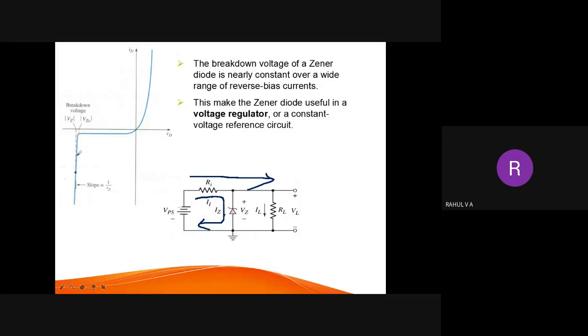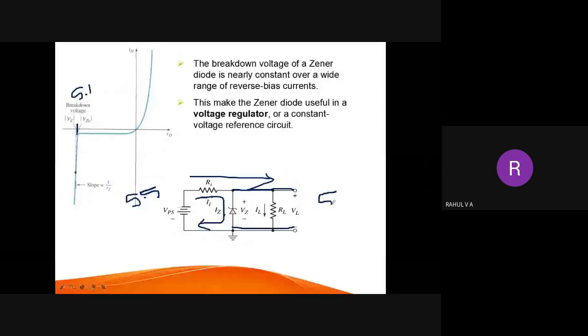See, that is how this current flows. And what about the voltage across the Zener diode? You can see that breakdown happened exactly at this point. Now, if you further increase the reverse voltage, nothing happens. Voltage across the Zener diode is constant. It is 5.1 volt only. So when it is 5.1, output is also 5.1. When you apply an input of 5.5, the output is 5.1.